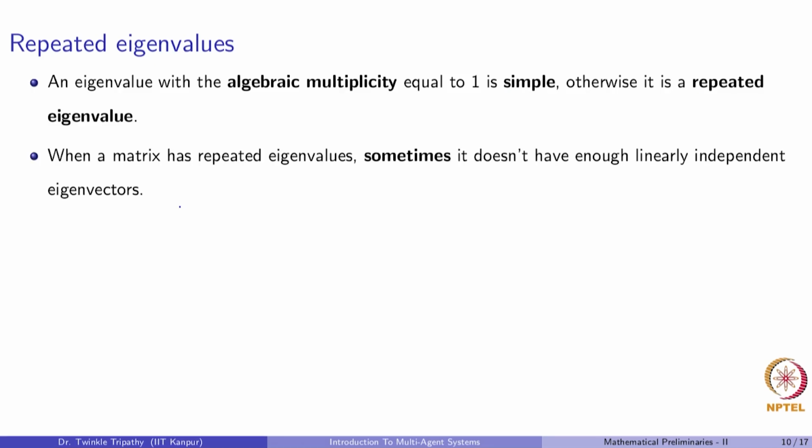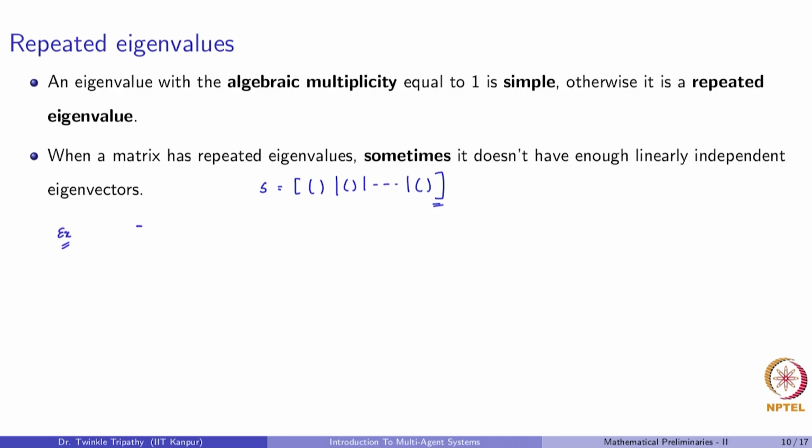Now, whenever a matrix has a repeated eigenvalue, certain times it does not really have enough independent eigenvectors. So, in that case, how do we construct the matrix S? S is supposed to have n columns. But when the eigenvalue is repeated, then sometimes we do not really have n eigenvectors. So what do we do then? We will answer this question in a short while. Let's quickly see an example.